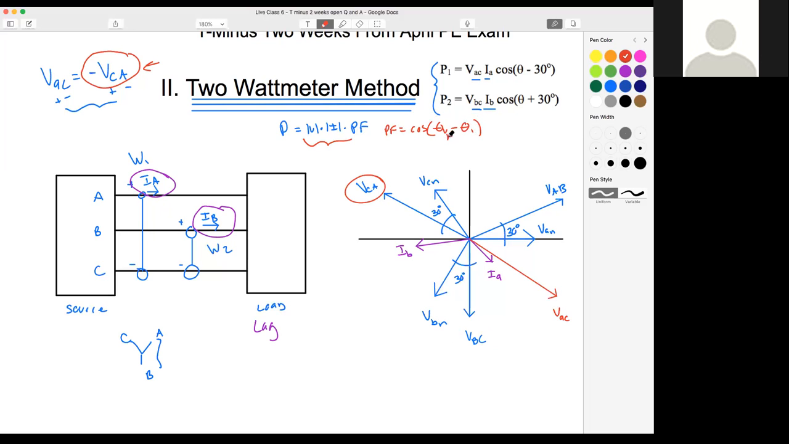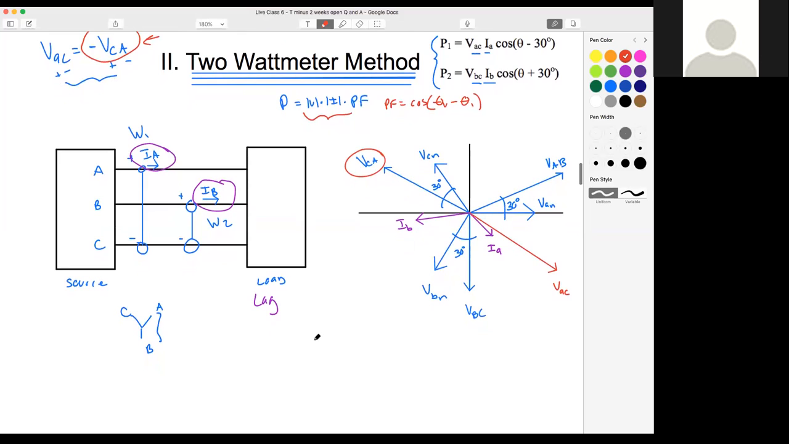Usually we use both phase values, but for the watt meter method, since it's a hybrid, we're actually measuring across 2 of the phases, so we're going to stick with the line values. So let's do watt meter 1 first. For watt meter 1, our power is going to equal the magnitude of our line-to-line voltage from VAC,